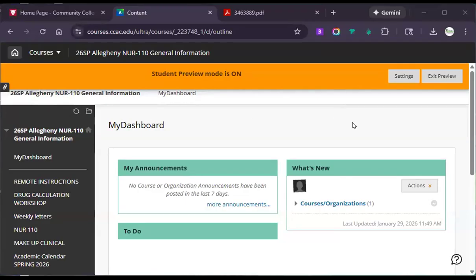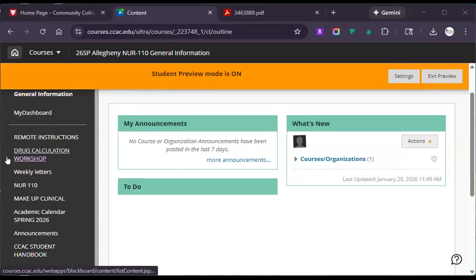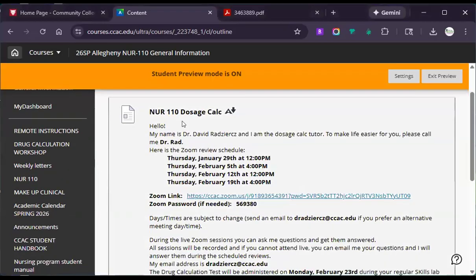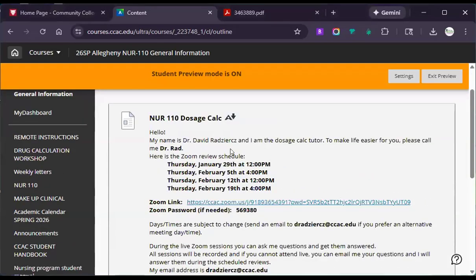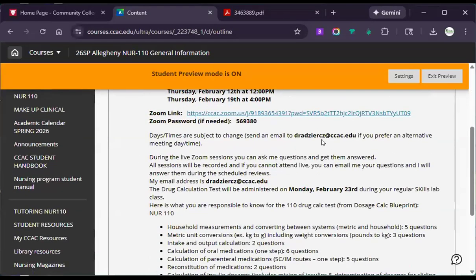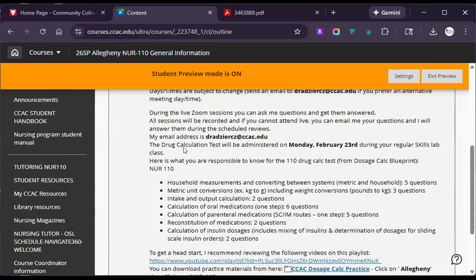All right. So first things first, on your Blackboard site, you will find this link right underneath where it says remote instructions, where it says the drug calc workshop. When you click on that link, if you haven't already, you will see the information about these sections. So you can see when we're approximately meeting, the Zoom link, my email address, and then most likely your